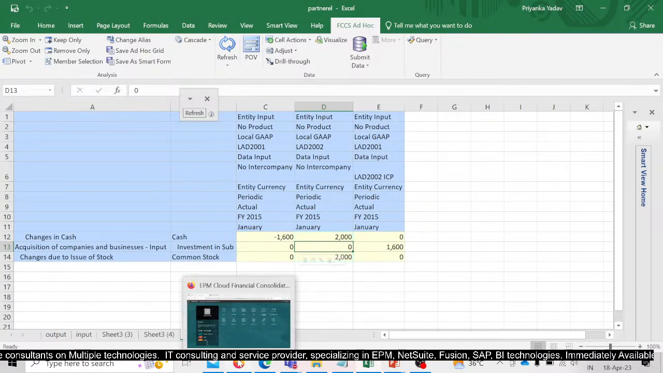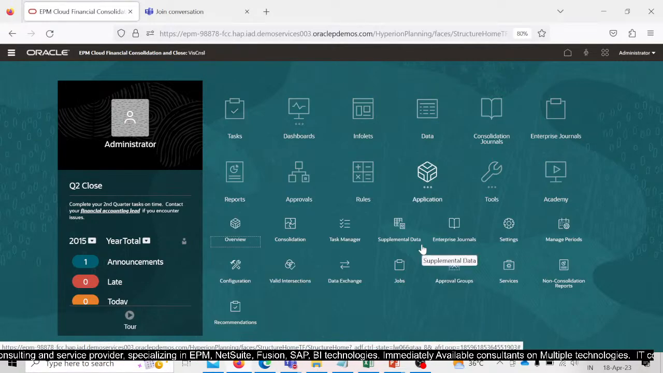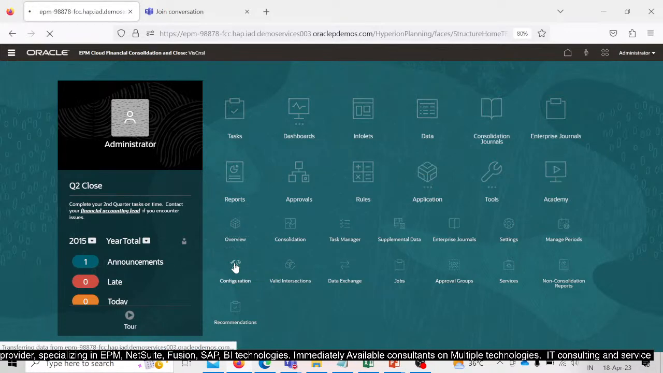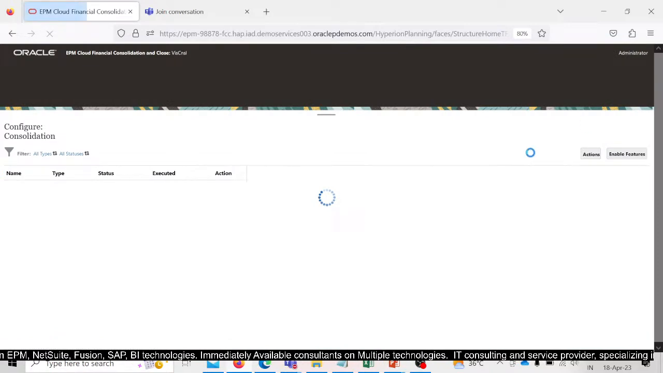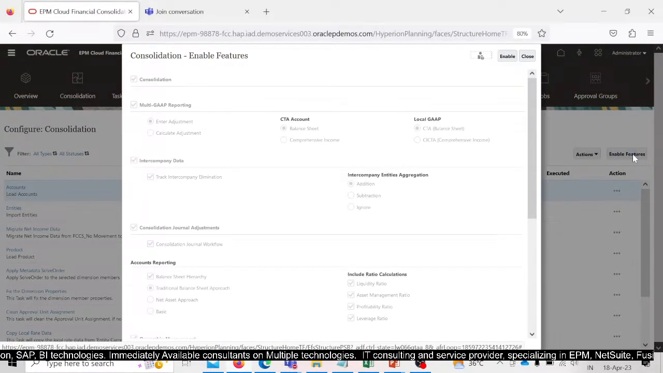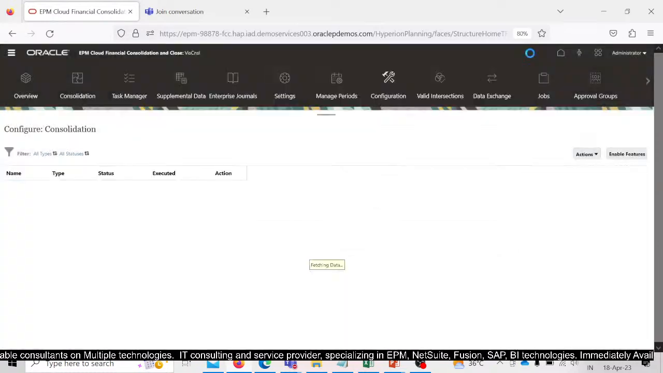The application, and here first, since I had created the application earlier and I have already enabled the partner elimination, I will show you the enabled features through configuration. So this here is an option definition of partner elimination. I have already ticked it, and once we enable this feature,